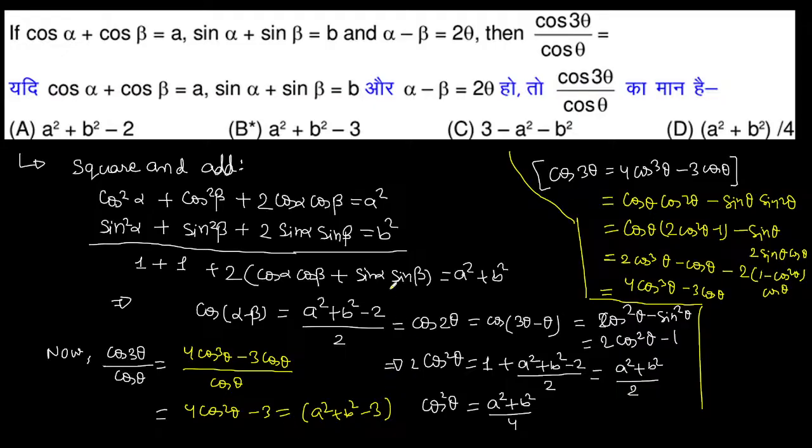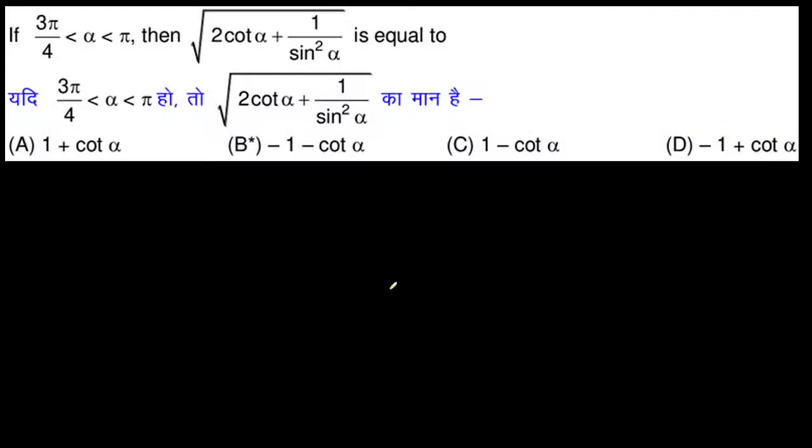तो फॉर्मूला याद करने पे जल्दी हो जाता है, और इधर स्पेस बाकी था, स्पेस मैंने दिया हुआ था ना। अब ये क्वेश्चन है, 2 cot अल्फा प्लस 1/sin² अल्फा। तो ये तो सिंपल ही हो गया, ये बहुत ज्यादा सिंपल हो गया। 2 cot अल्फा और 1/sin² अल्फा इज नथिंग बट cosec² अल्फा।